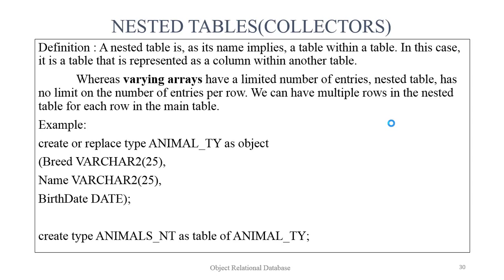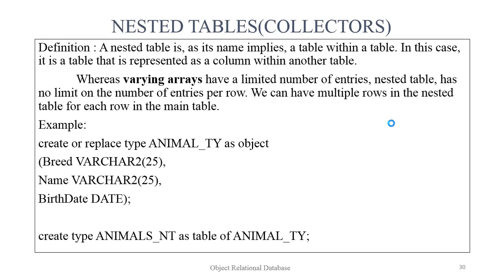Whereas varying arrays have a limited number of entries, a nested table has no limit on the number of entries per row. We can have multiple rows in the nested table for each row in the main table. In this example,